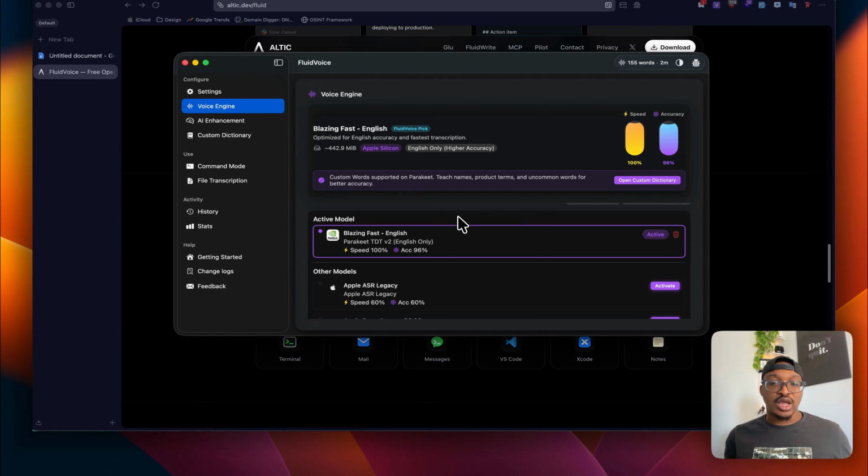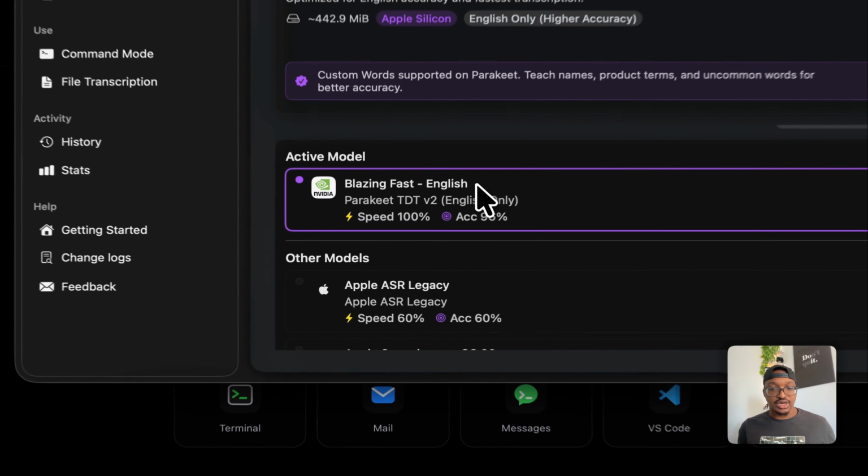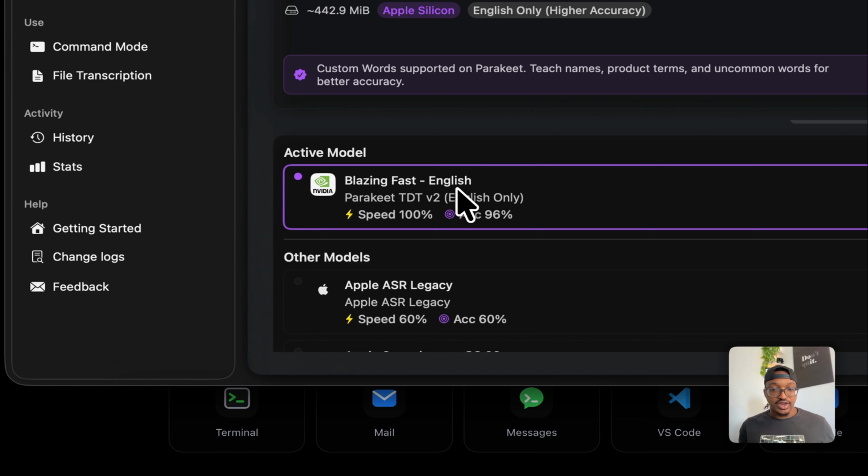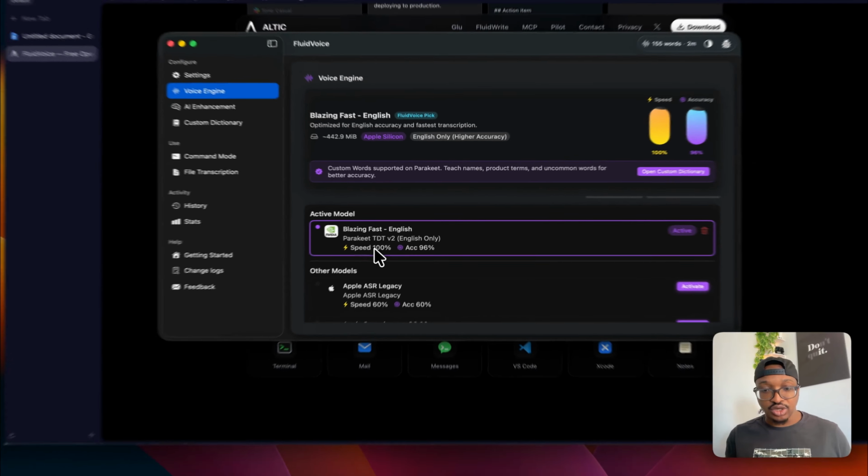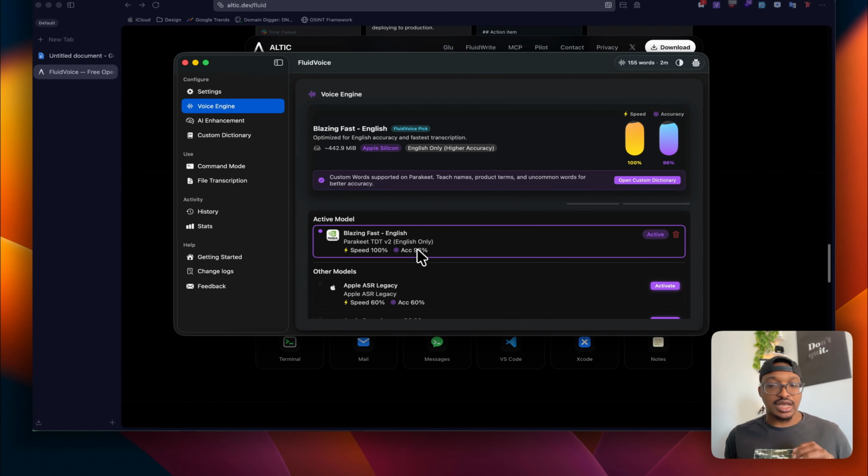I've tested that one, but I think the blazing fast English only model, that's Parakeet by NVIDIA, is really good. As you can see, the speed is 100 and the accuracy is 96%, which is absolutely amazing. And it's really small in size. You can see it's just